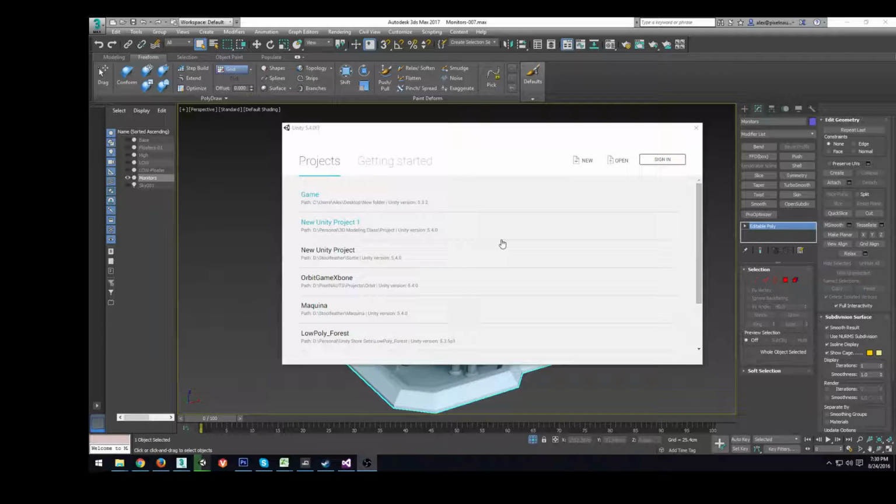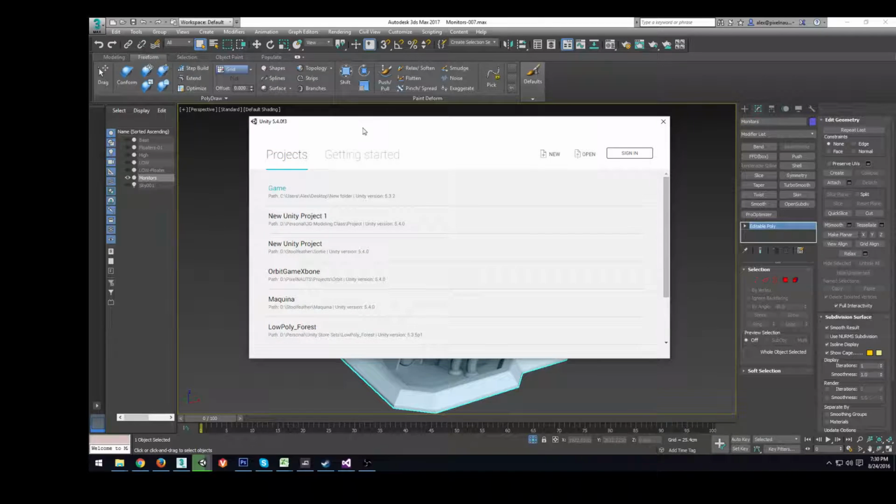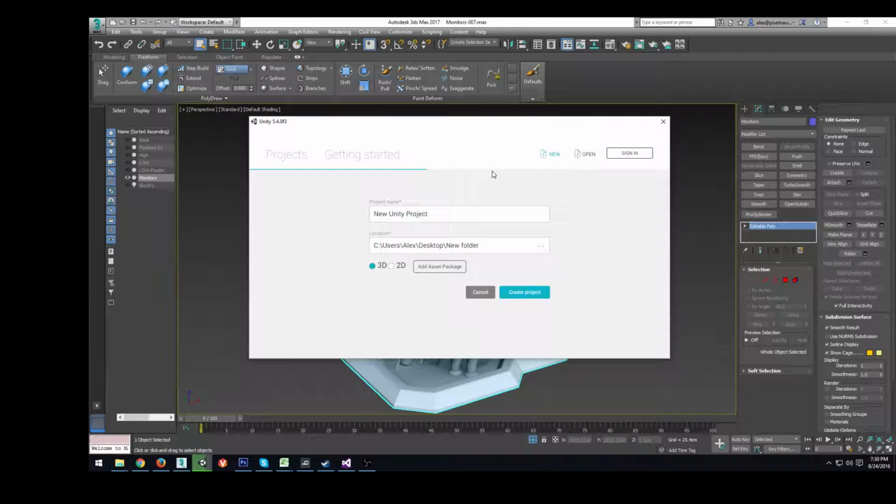Alright guys, let's throw our asset into Unity just to start checking out the normal maps and occlusion map and seeing what that looks like. The first thing you should do is start Unity, and if you haven't started a new project for this work scene already, or if you're working in a project you already have, you can use that. But if you're starting a brand new one, open up Unity, you'll get this new projects window here, and create a new project, and save it wherever you want to save it, make it a 3D one, and under add asset packages,